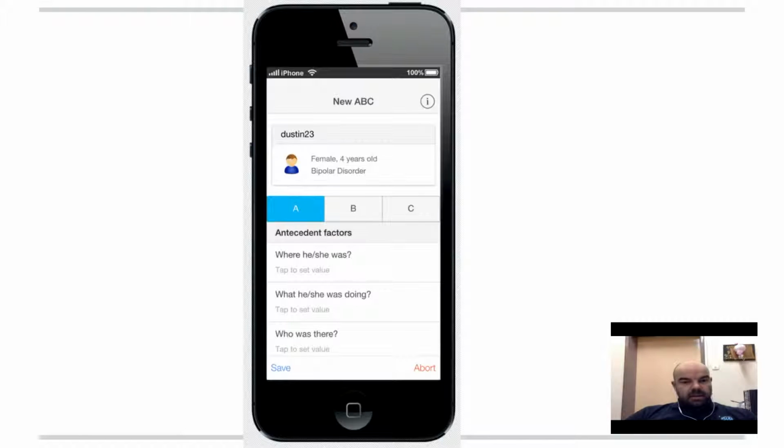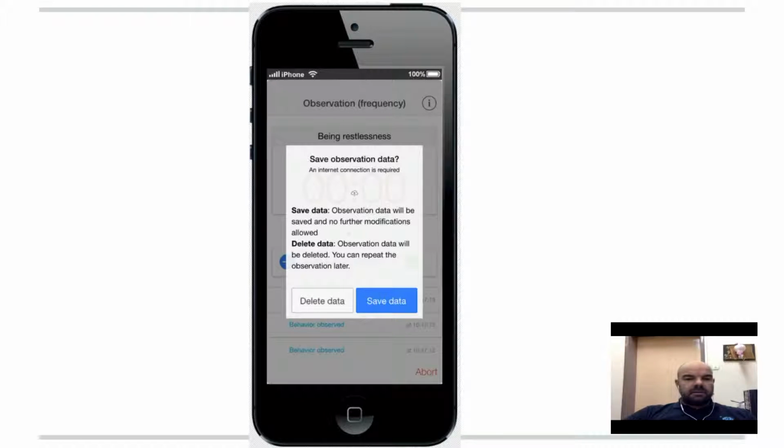For example, when the specific behavior occurred, where the child was, what he or she was doing, was anybody else there, yes or no? You complete all this and send the information to the user. If something goes wrong with your observation, you always have the abort function at the bottom right of the application,